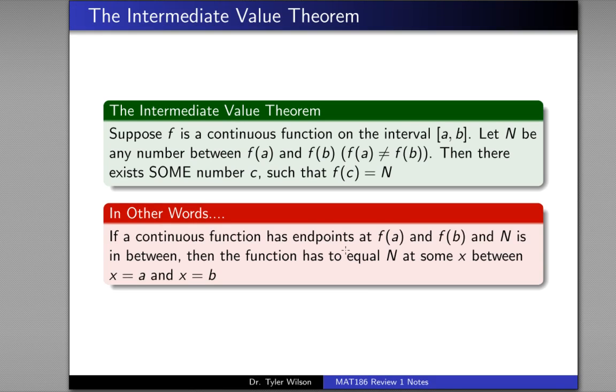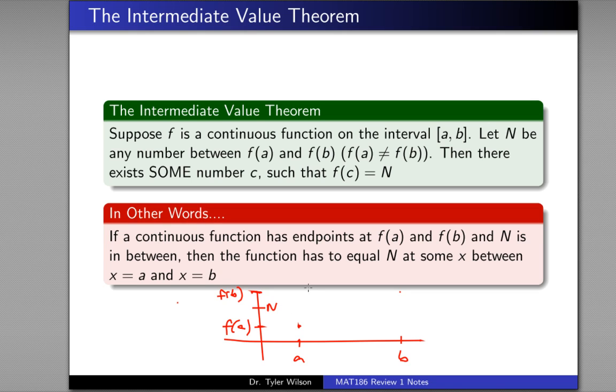What that means is, I'll just draw you a little version here. So here is my axis. So here's A, here's B, this is f at A, and this is f at B. What the intermediate value theorem says is, if there is some number n in between f at A and f at B, so any number that I want, let's just call this n,